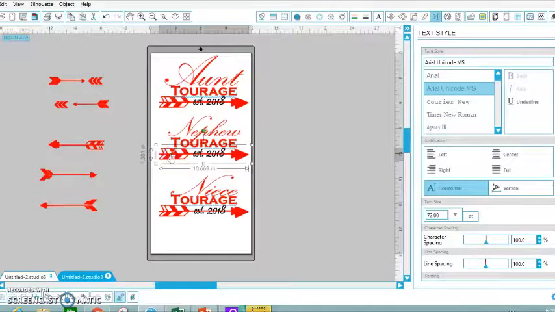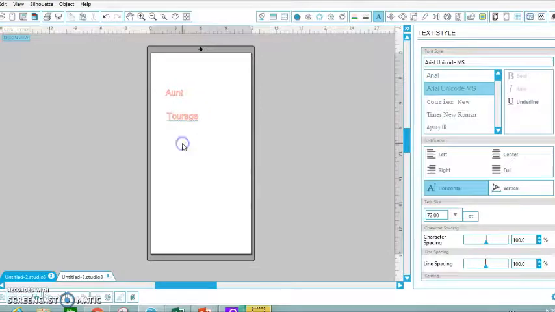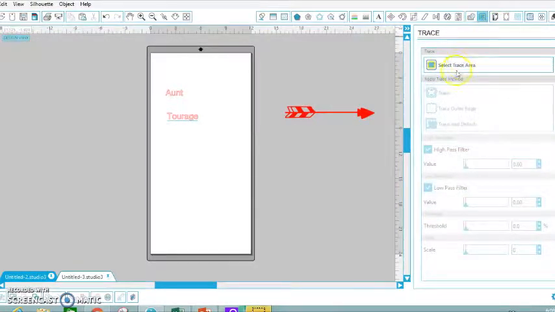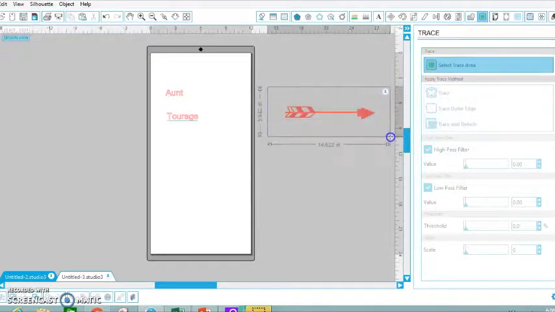I use this one, so I'm going to copy it from here so that I don't have to recreate the whole thing, and you can just paste it. You can also drag any image in here. If you drag any JPEG or PNG image into Silhouette Studio, to make it a cuttable file, you would do Trace, which opens the Trace window, then Select Area. You drag a box around it,